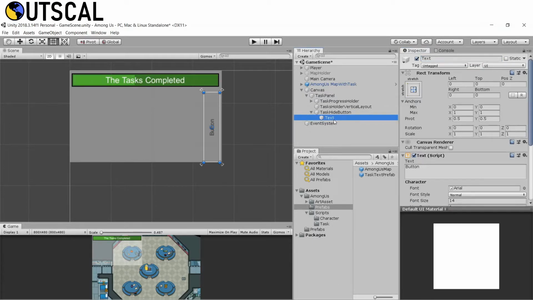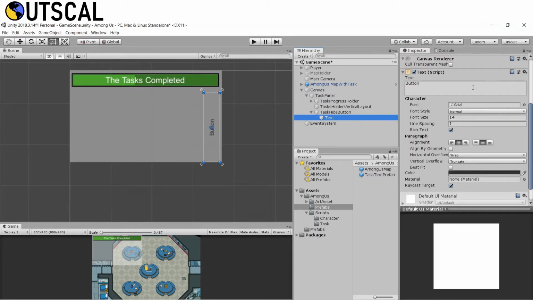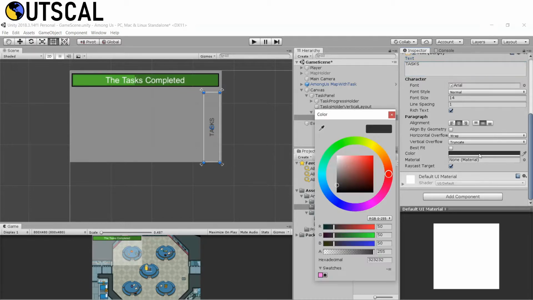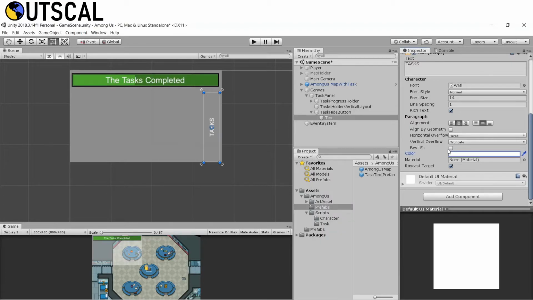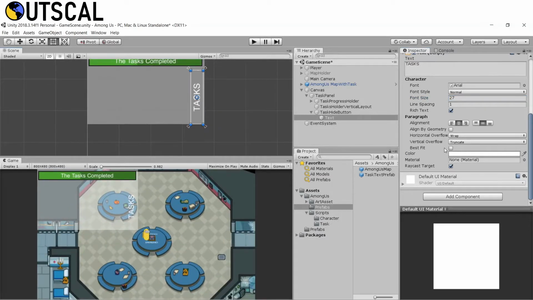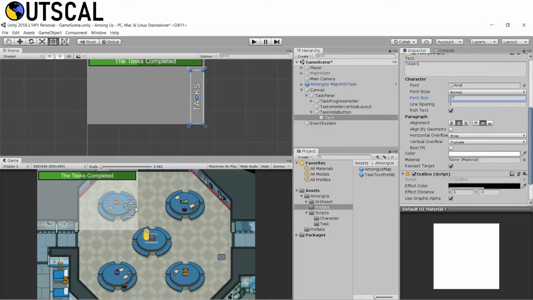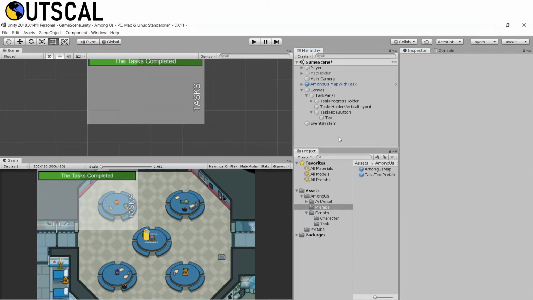And select this text and we'll call this tasks, and we'll set the color to be white. Let's set it to be best fit, or we can just increase the font size like this. This also looks amazing. And again we will add an outline to it, so click on this outline, black outline. Okay, this looks perfectly fine.